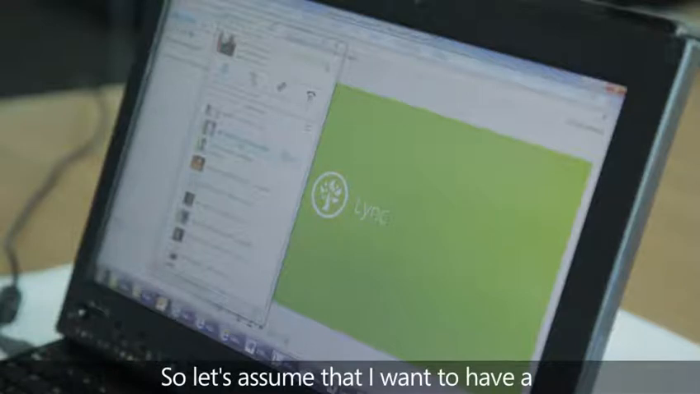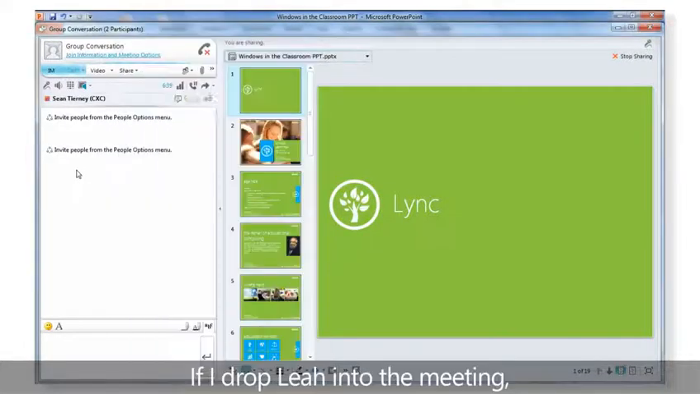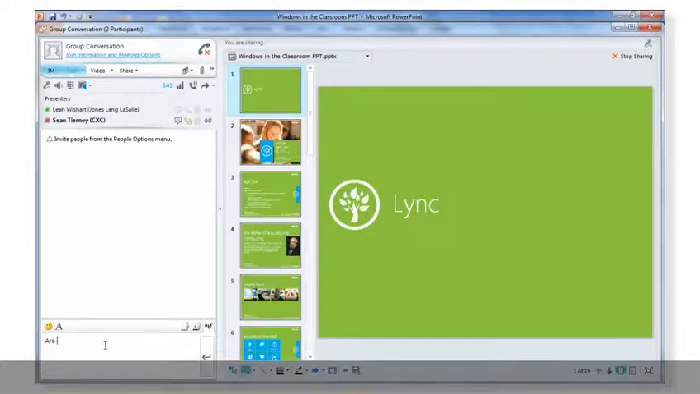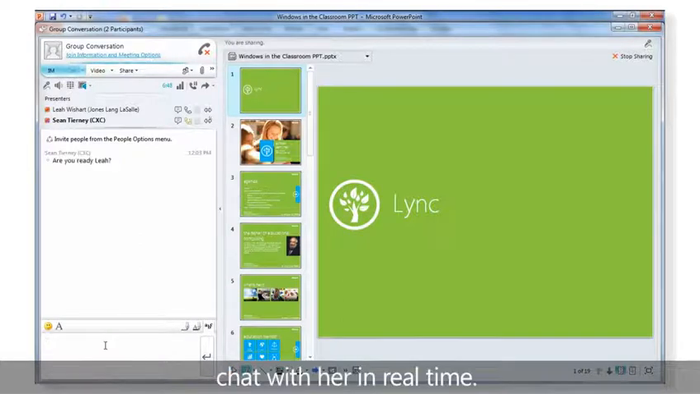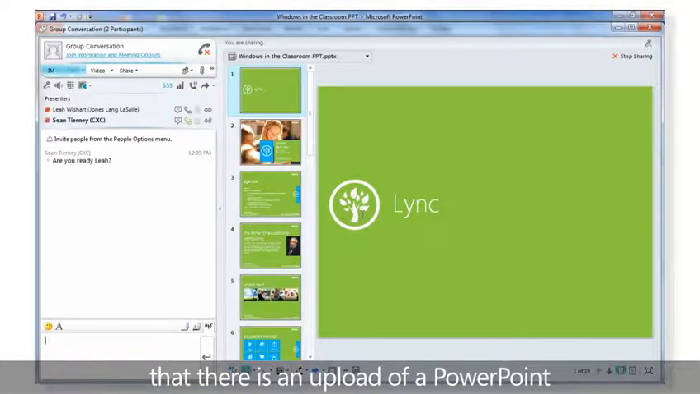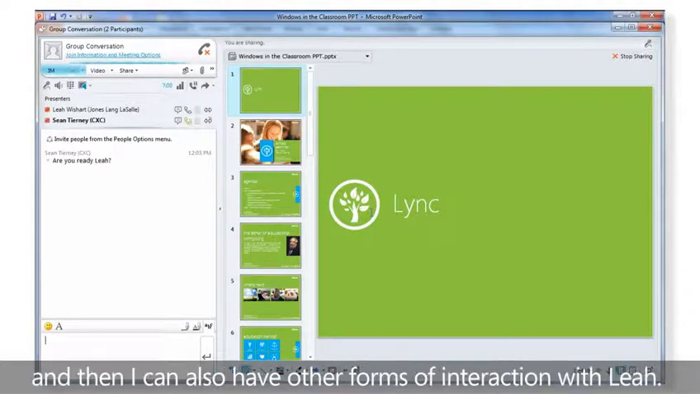So let's assume that I want to have a discussion or a class or a revision session with Leah. If I drop Leah into the meeting, she will automatically be involved and I can chat with her in real time. On the right hand side of the screen you can see that there is an upload of a PowerPoint that I might use as some information for the class,